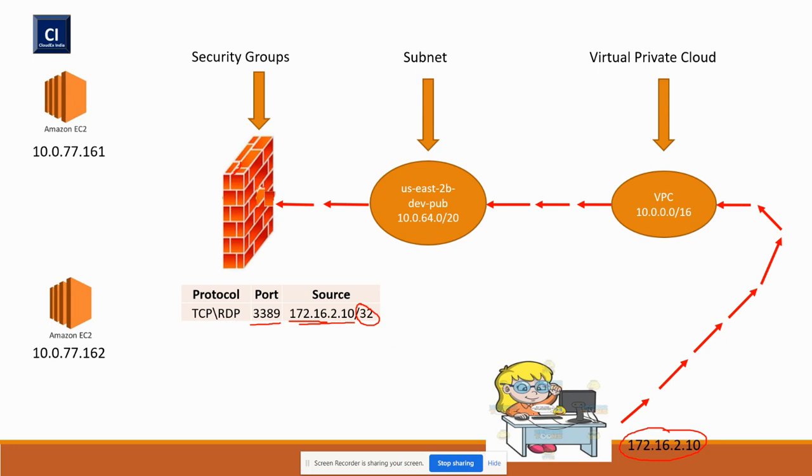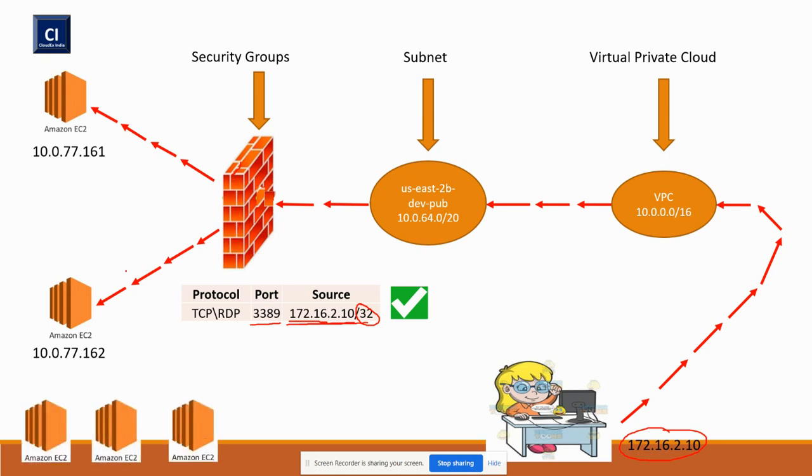If there is a single user who is accessing it, it is good and recommended to allow that IP only, not everyone. Once it reaches the security group, it will verify whether this person is allowed or not, and once it is allowed, it will let you in to access your virtual machine. If you have applied the security group on both of these systems, definitely this user can access both. If you have applied it to only one or two, it can access those only.